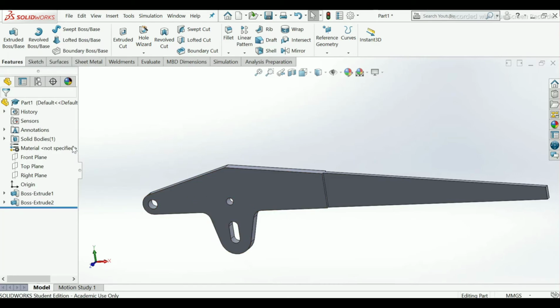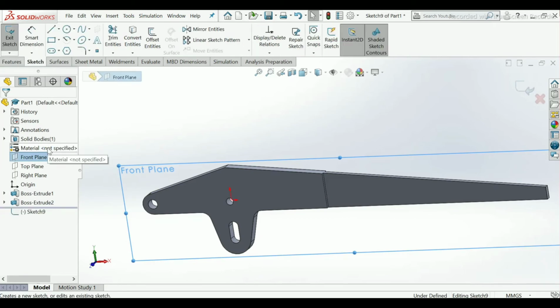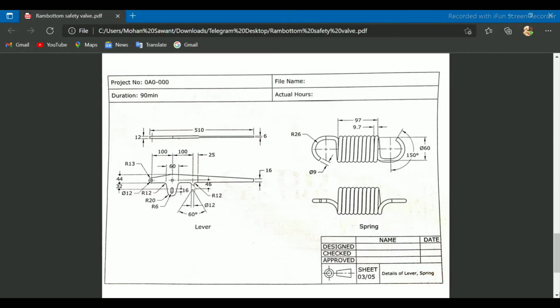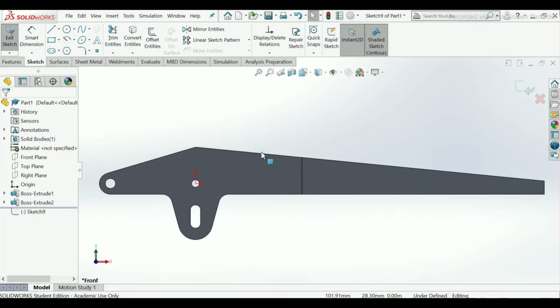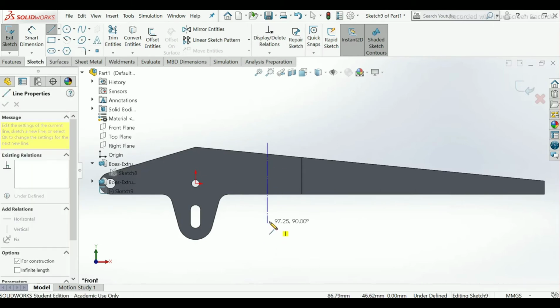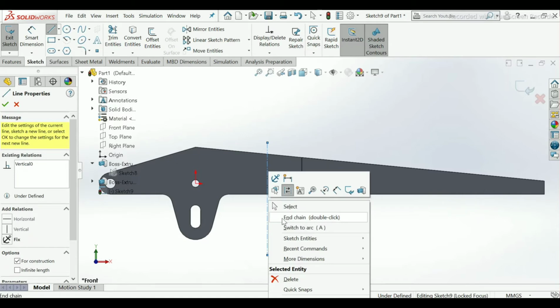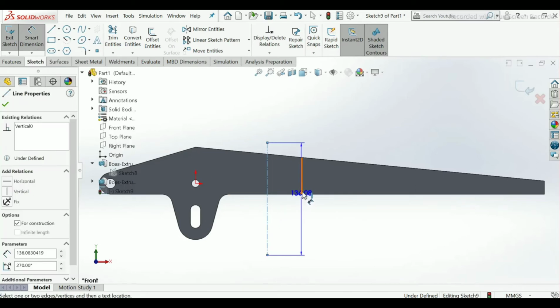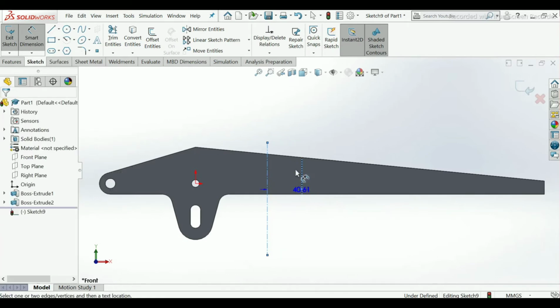Now again choose front plane, sketch. Here you can see one revolve command here. We have to make a revolve extrusion here. So take center line from sketch command, make it fully defined by using smart dimension, select up to here.